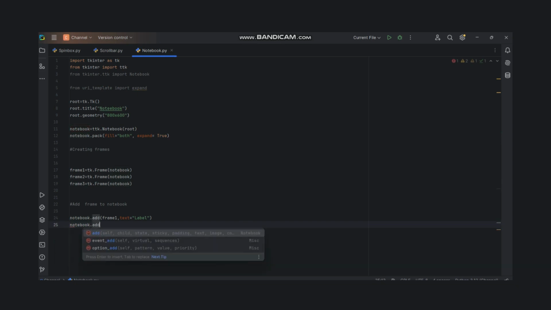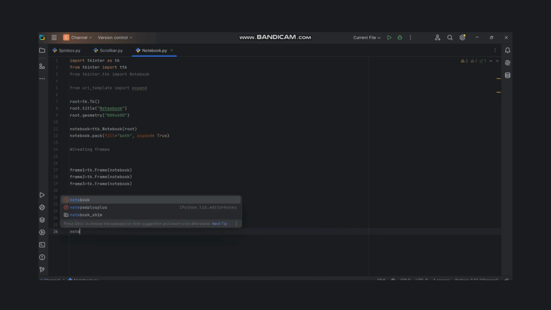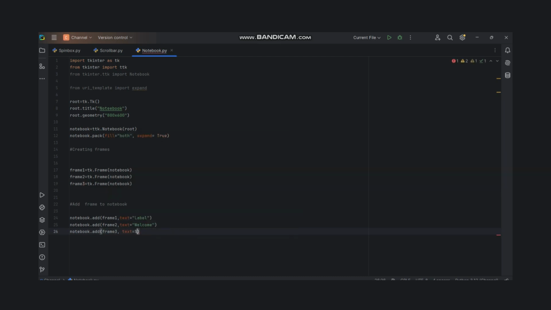नोटबुक डॉट टेक्स्ट इज इक्वल्स टू वेलकम, same goes here, notebook dot add, so I think spelling is not right here. ओके, सो फ्रेम भी हमने क्रिएट कर लिया है, हमने फ्रेम को नोटबुक में ऐड कर दिया है। नाउ वी हैव टू क्रिएट टैब,